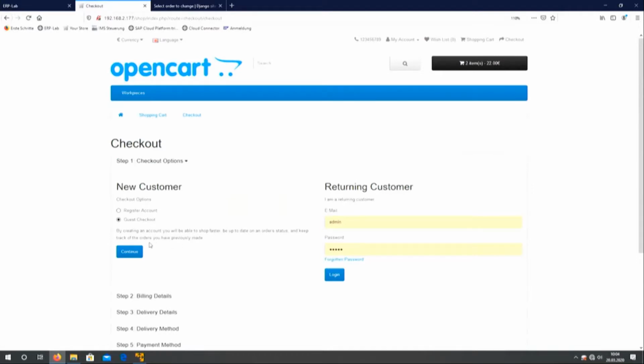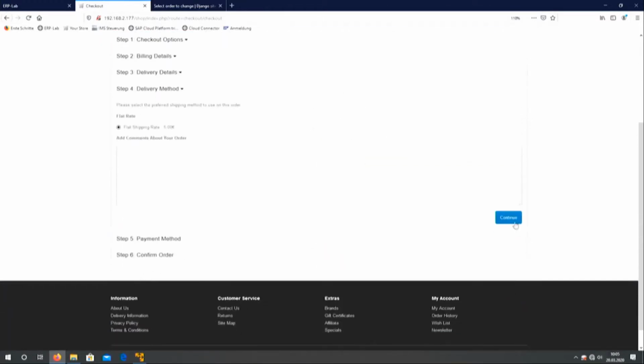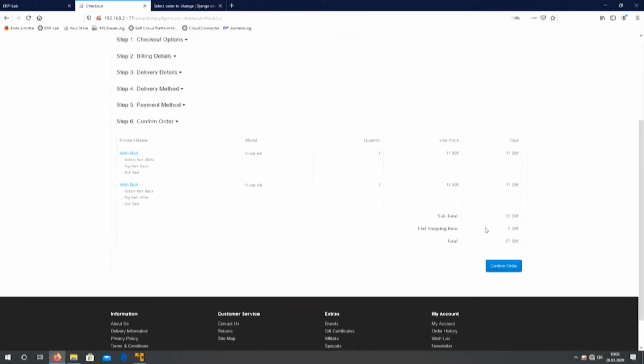I can create a new account, or I make a guest checkout, my personal data, the delivery, the payment, everything like you know it from every online web shop in the internet. And this is also what we do here. Then we have an overview about our order, and I can click on confirm order.